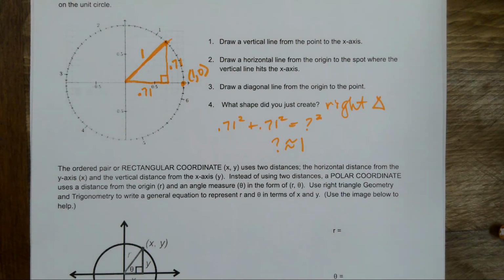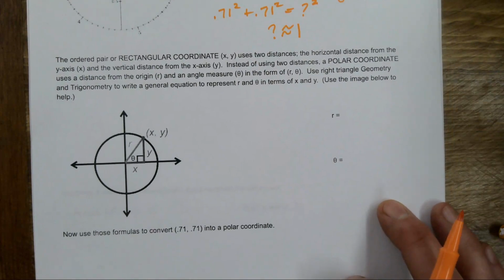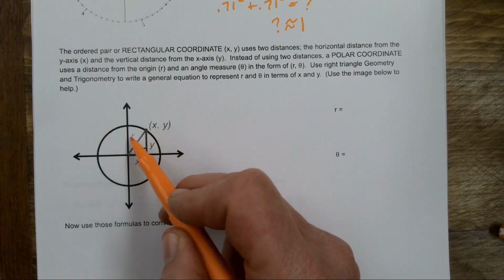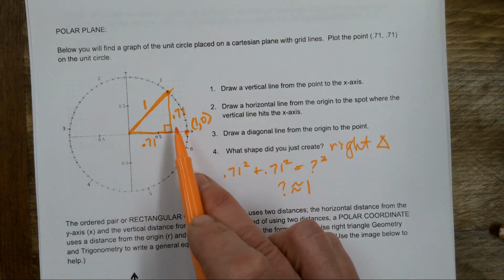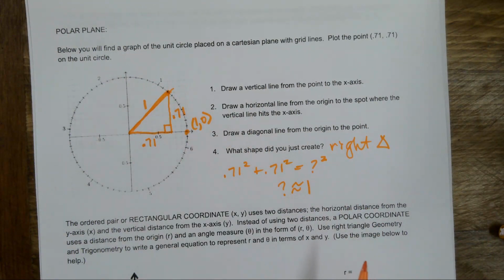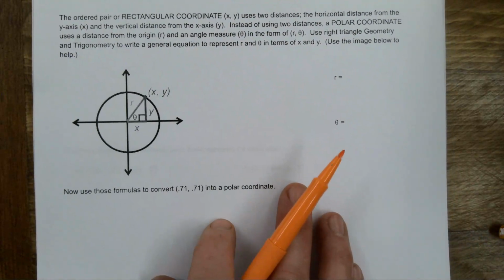That Pythagorean theorem concept will also be used when we talk about converting our xy coordinates, or our rectangular coordinates, into polar. So in the next section, basically they ask you if r is any radius. Now we had a situation here where we had a unit circle drawn, so we could find 1 just by looking at this. But if r is any radius,